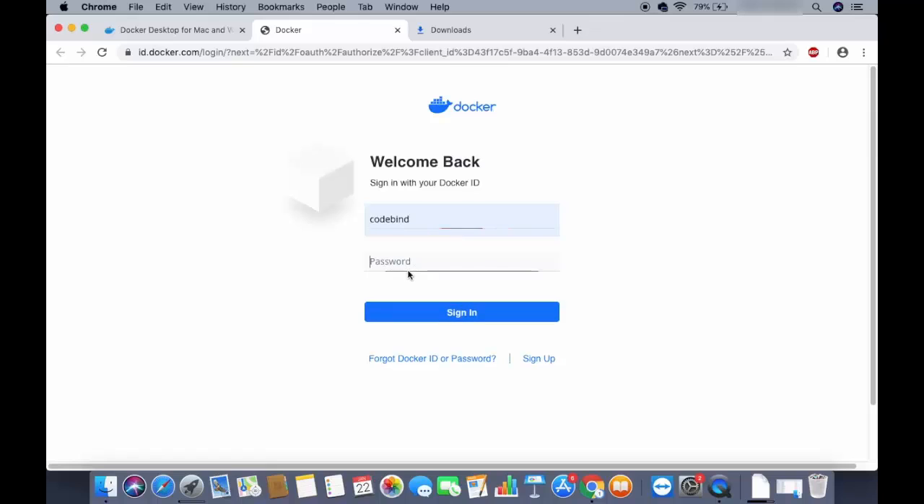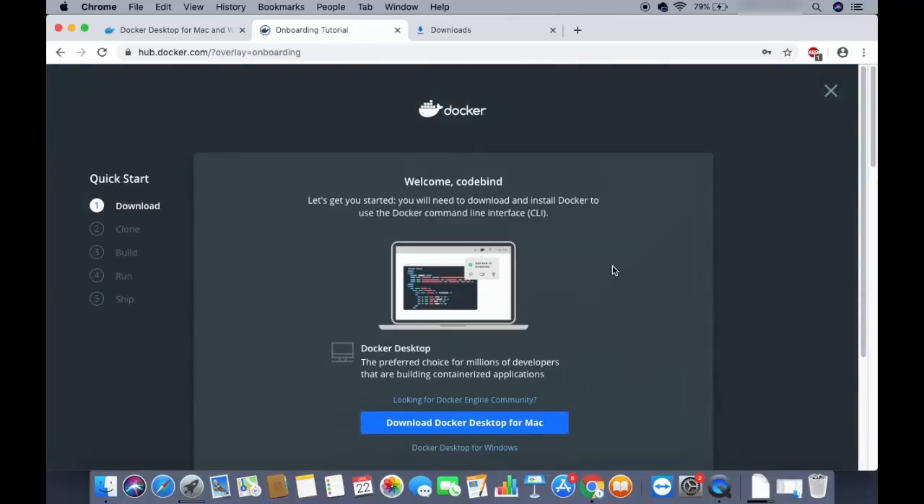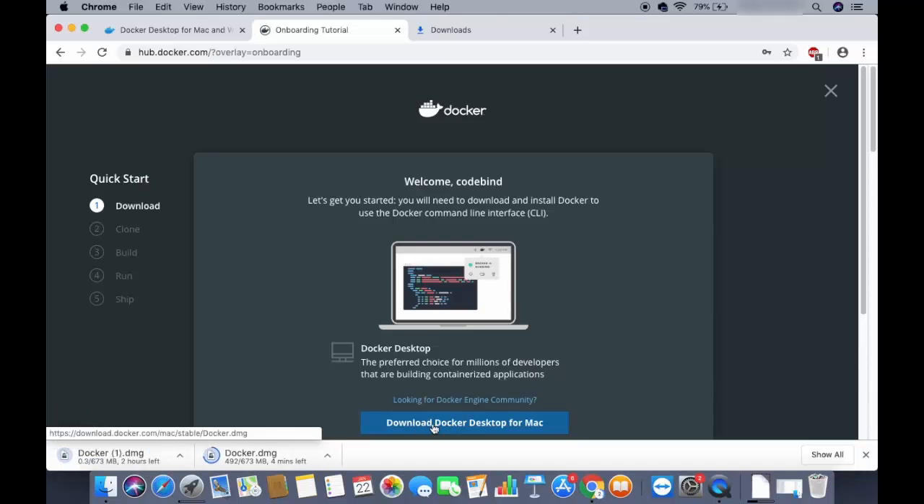on this website. So I'm going to just give my Docker credentials. First is the Docker ID, and then second is the password. And now I'm going to just sign into this Docker Hub website, which will allow me to download this Docker Desktop for Mac. So I'm going to just click on this download link here, which will start the download of